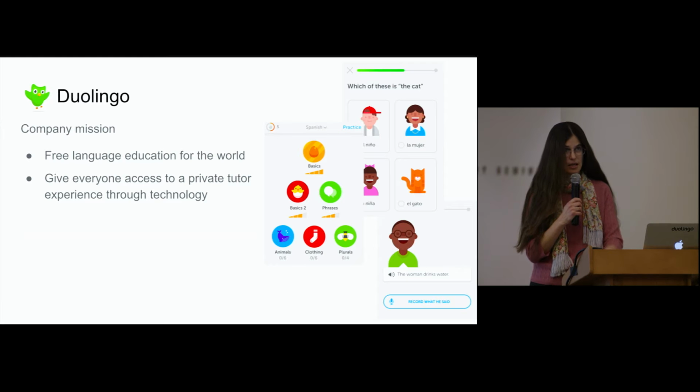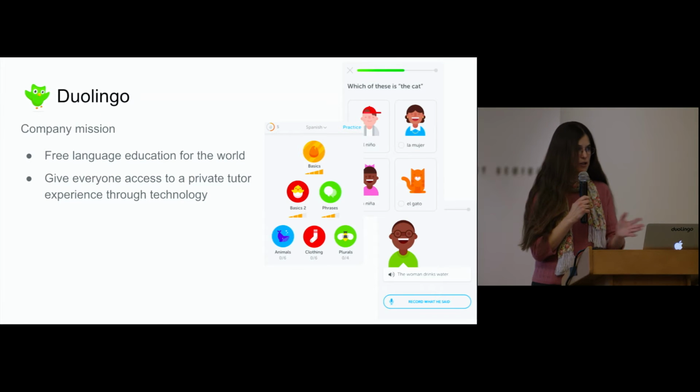Actually, I'm not sure how many people know this, but Duolingo came out of Carnegie Mellon University. Hopefully not too much of a rival, so I can mention it here. It was created by Luis von Ahn, who is still a professor there and also our CEO, and Severin Hacker, who was then his PhD student. So this actually started as a PhD student project.